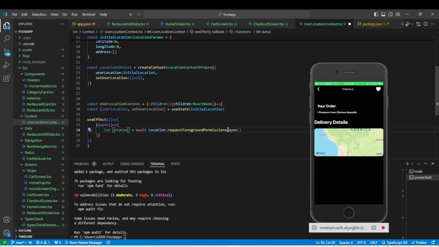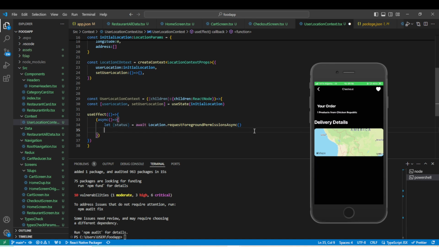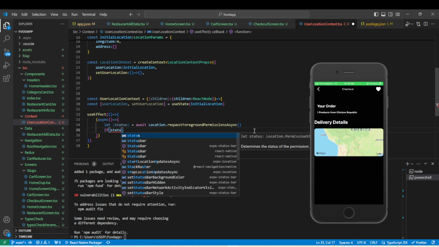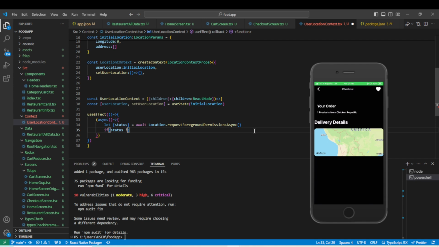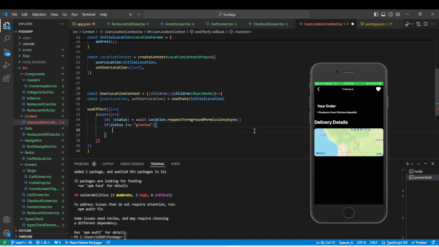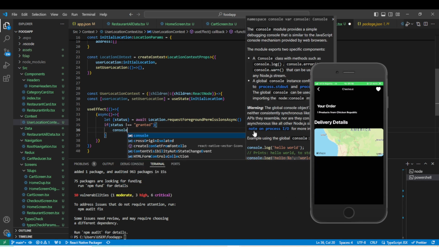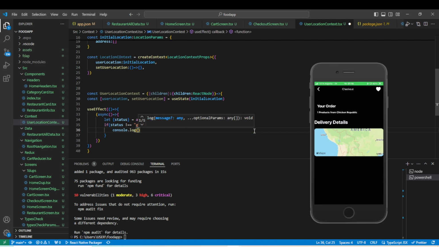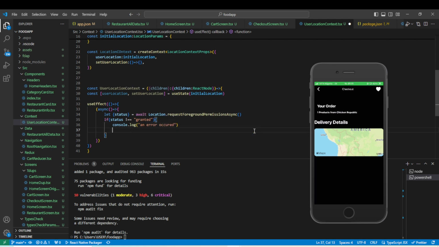We can access the user location through their mobile phone. So to do that, we'll get the status. If status is not equal to granted, that means the user denied or declined our request. So if it's not equal to granted, we're going to run a code. For tutorial sake, let's just run console.log an error occurred, and then we'll return. Else,